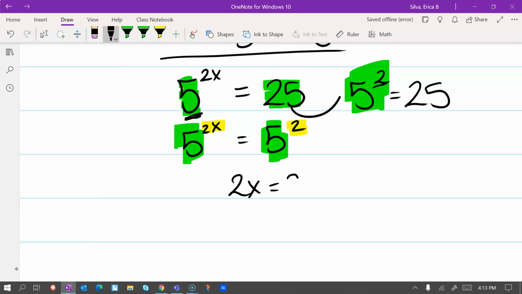2x is equal to 2. We divide by 2, and x is equal